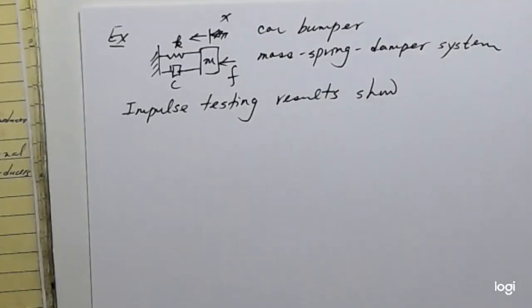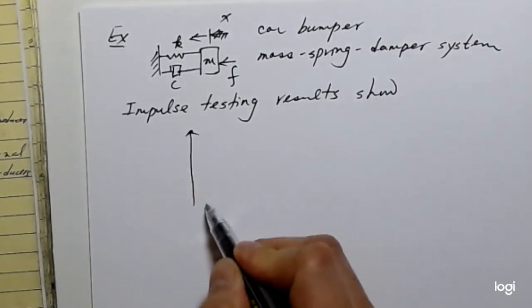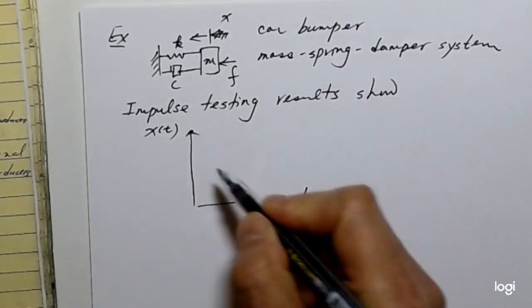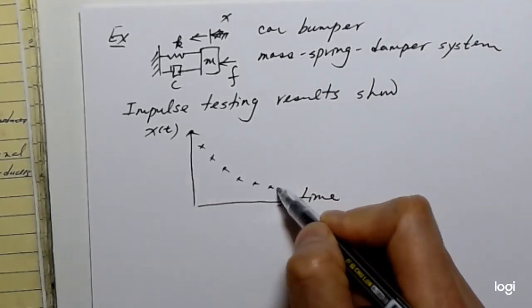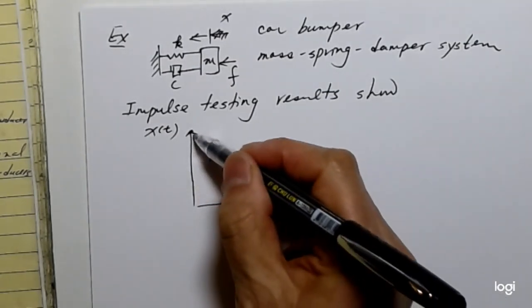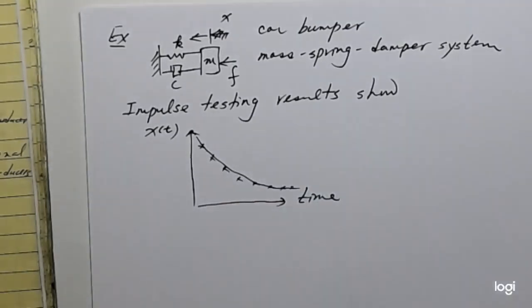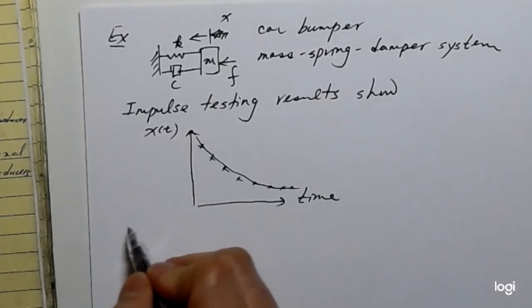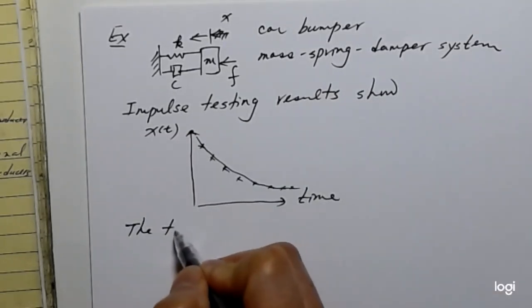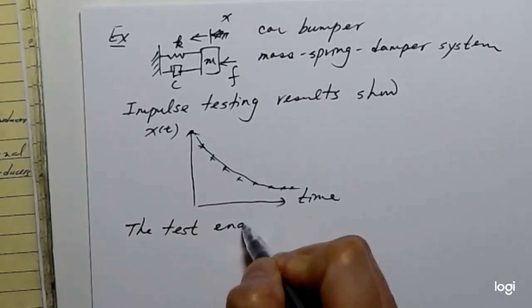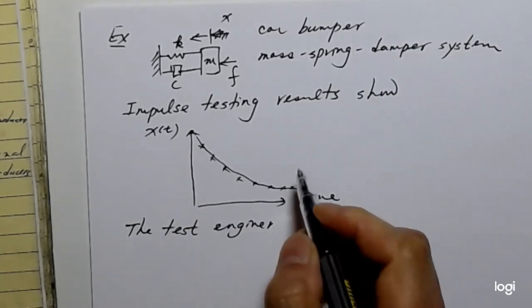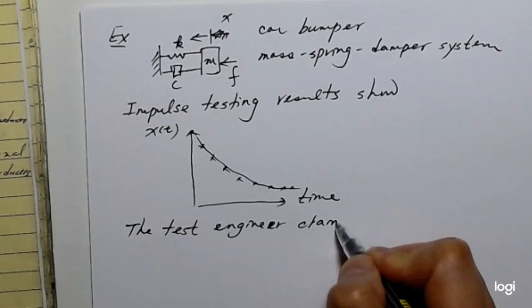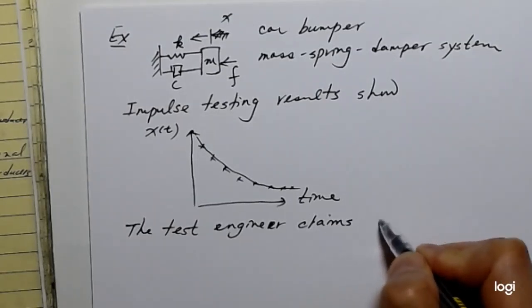Impulse relationship between the x and t is in this data point like this. So the test engineer claims that